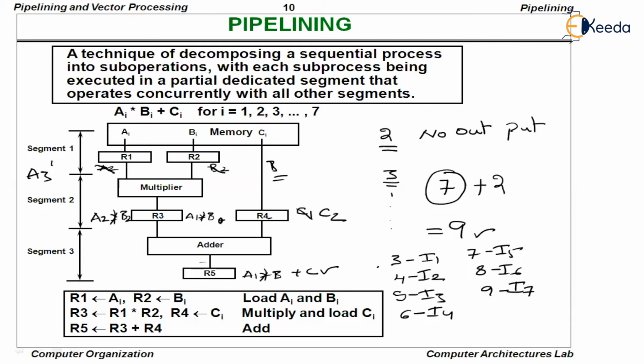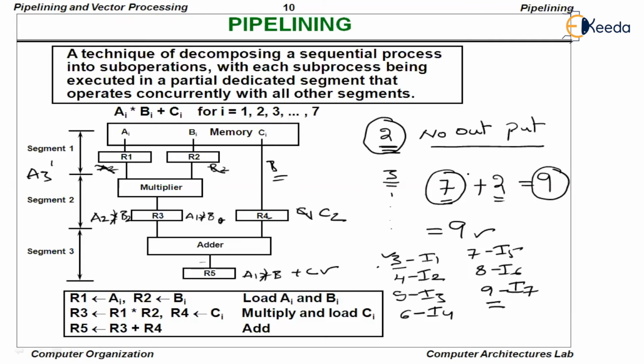How many clock cycles are taken? Total 9. Because in the first 2 clock cycles, there is no output. Right from the third clock cycle onwards, there is a continuous output, because each instruction execution we can see in 1 clock cycle. Okay, so the total number of clock cycles that are required is 2 wasted clock cycles plus 7, because a total of 7 instructions are there. 7 instructions plus 2 wasted clock cycles is equal to a total of 9 clock cycles we do require.